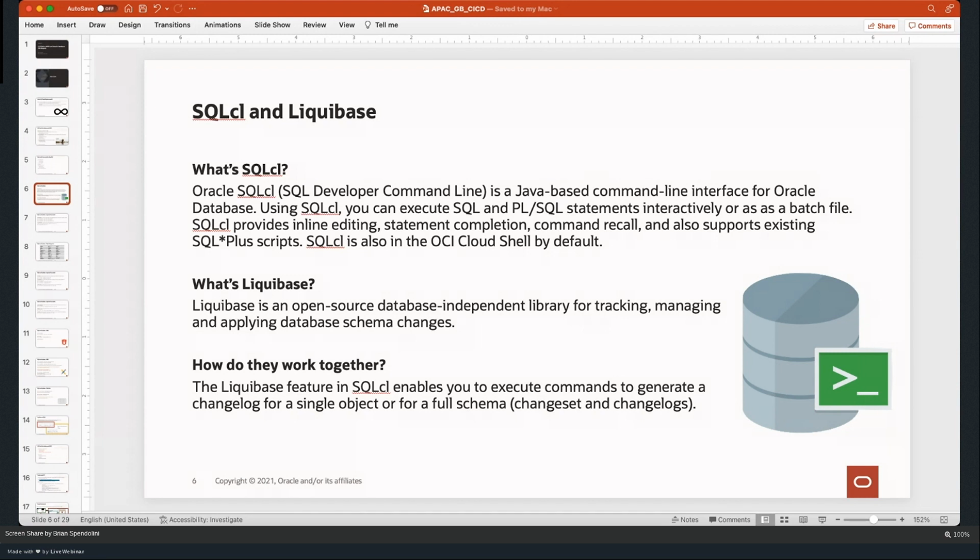There's a couple other ones that do change management, but we've taken Liquibase, we've embedded it inside of SQLcl, and then we've made some changes to it. So we are reconciling dependencies. If you have a trigger and a table in the same change management process, we'll recognize that and we'll create or update the table first, and then we'll compile the trigger. So we're able to see dependencies and we're able to run things in order